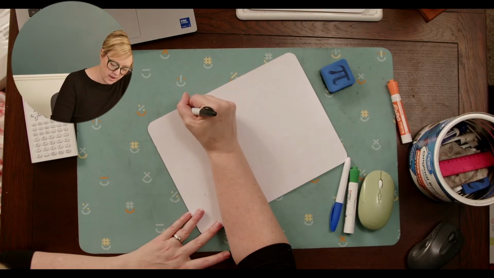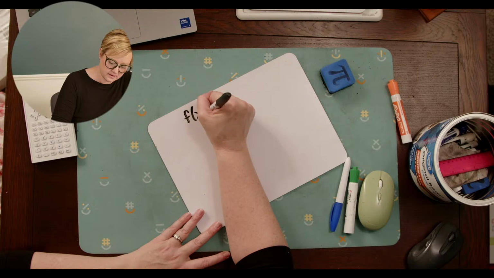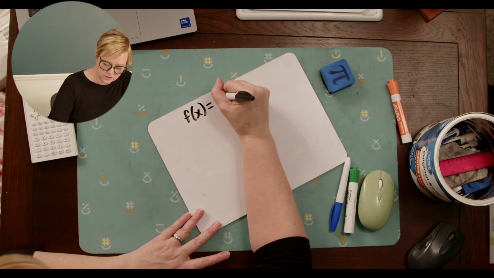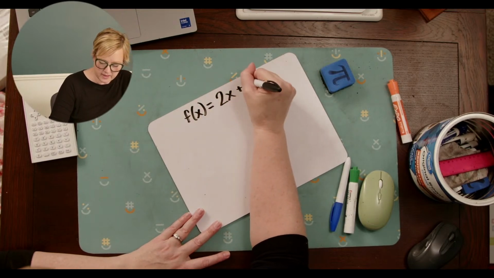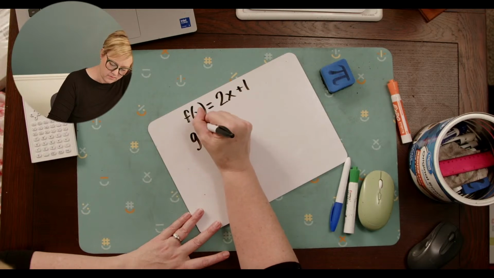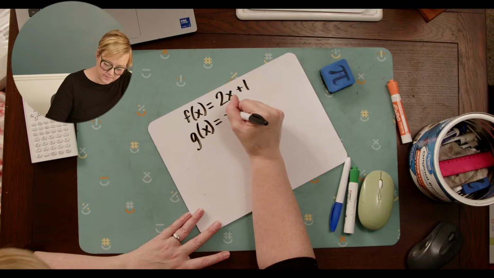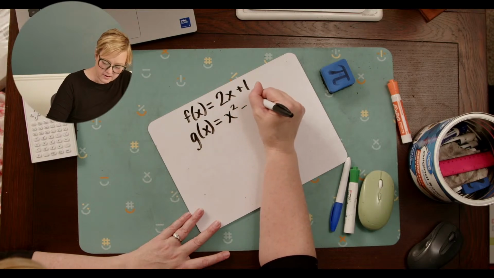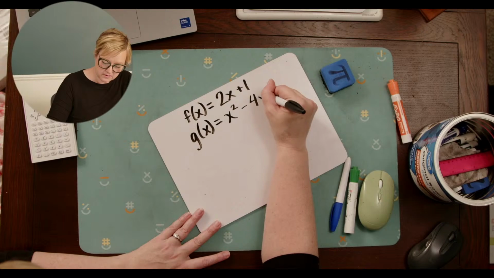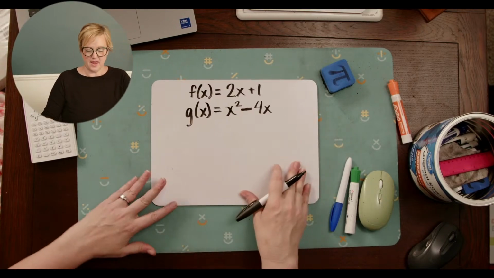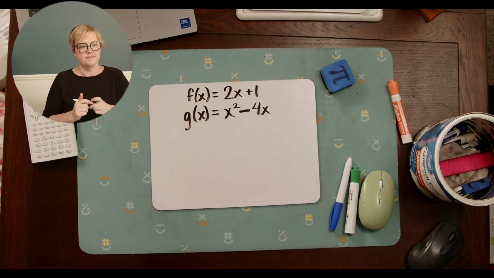So if we do f of x equals 2x plus 1, we do g of x equals x squared minus 4x. Okay, so that probably makes it a little bit,